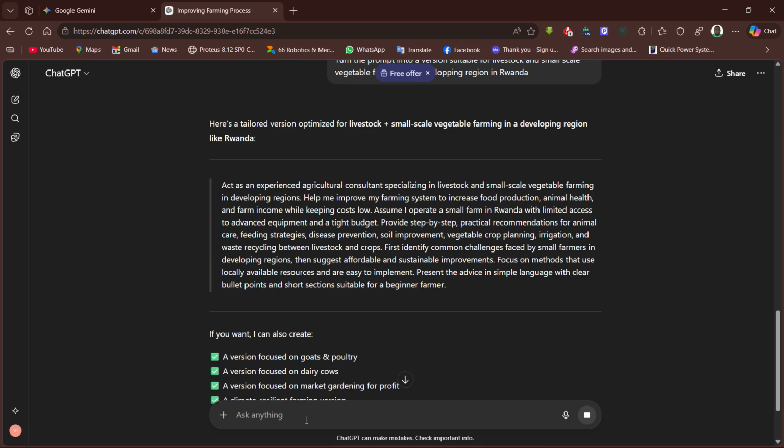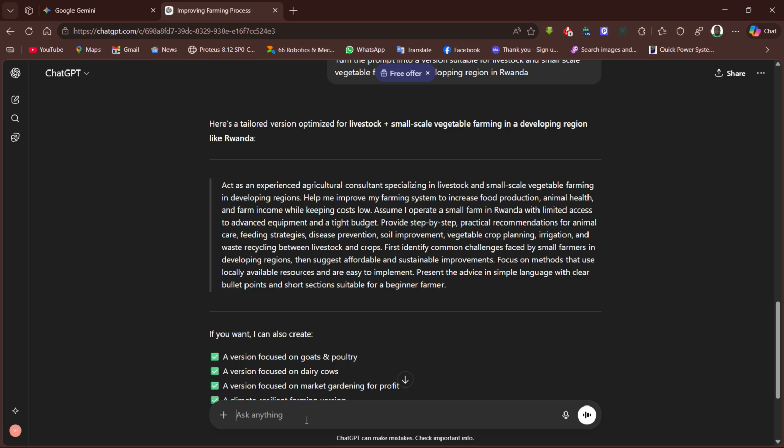It says, now act as an experienced agricultural consultant specializing in livestock and small-scale vegetable farming in developing regions. Help me improve my farming system to increase food productivity, animal health, and farm income while keeping costs low. Assume I operate a small farm in Rwanda with limited access to advanced equipment and a tight budget. Provide step-by-step practical recommendations for animal care, feeding systems, disease prevention, soil improvement, vegetable crop planning, irrigation, and development regions,